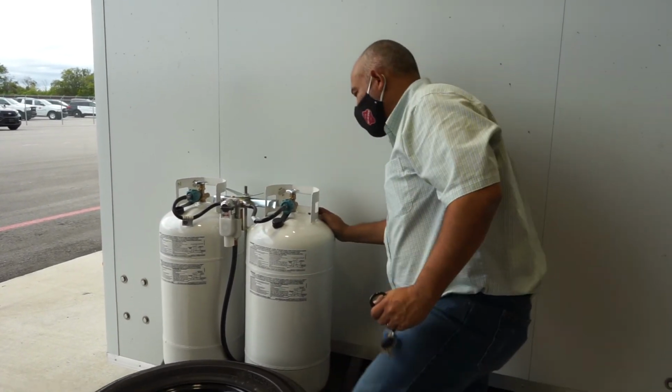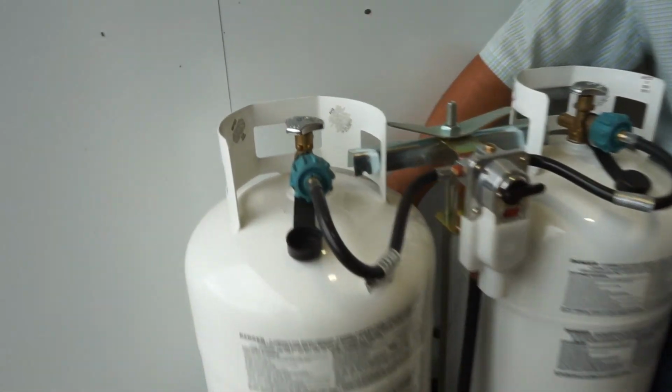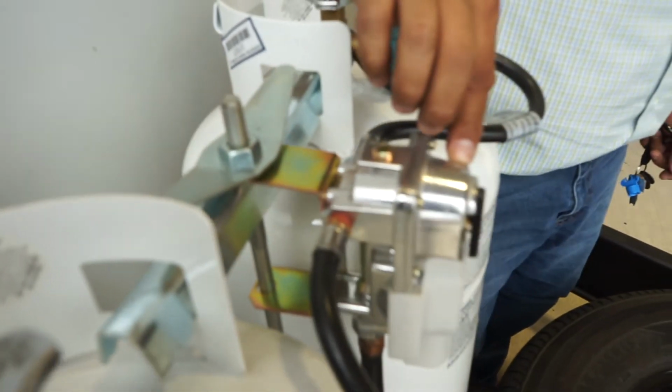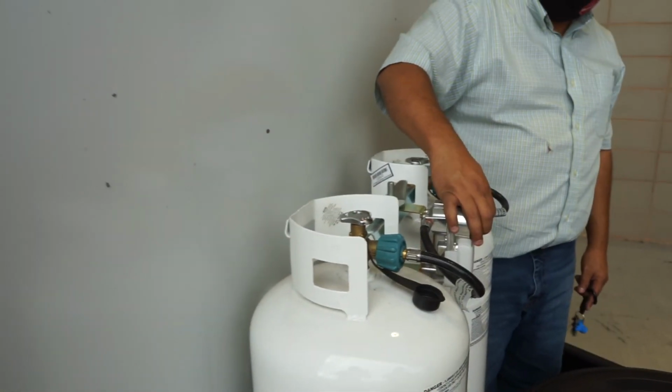So it's got a valve right here. It's closed right now. But once you put propane in these things, then you can open the valves up, put that down like that so it flows, and then open this valve here, and that'll shoot it up into the system. There's some other cutoffs, but you don't need to mess with those really. If you just cut it off here, cut it off here, you should